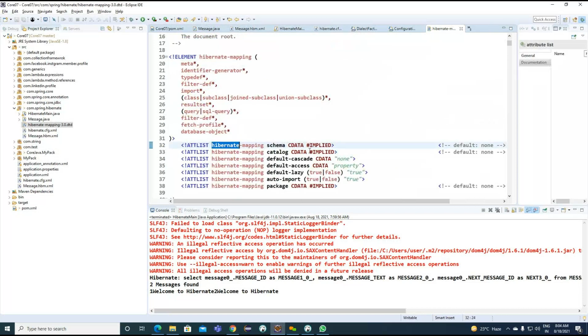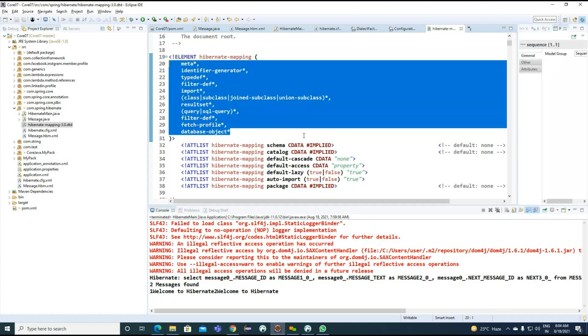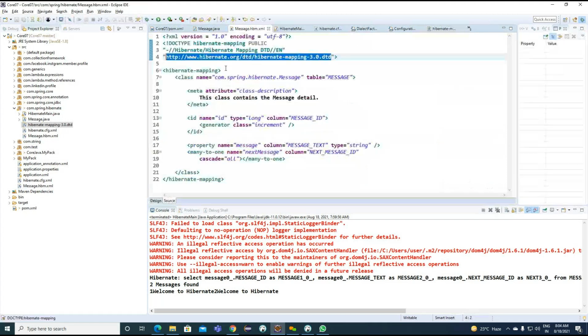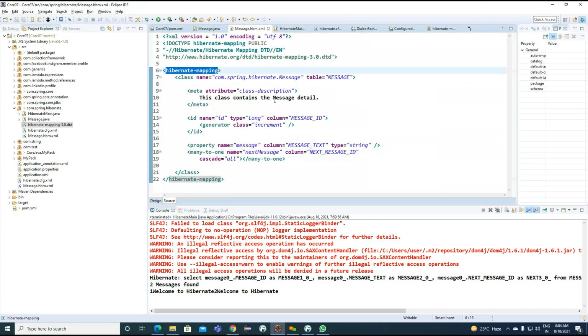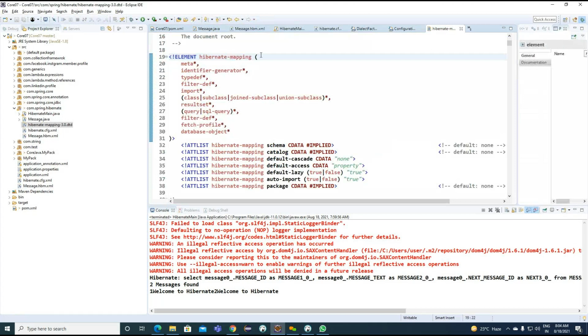Now you can see here we are having Hibernate here. So they are going to make an element here. The element we are having is hibernate-mapping. So inside this particular hibernate-mapping, these are some other information we are going to have. Now you can see inside the Hibernate mapping file, what is the tag we are having? hibernate-mapping. Which is coming from where? Which is coming from this particular element tag here. This is our element tag here. So to get the appropriate information, we need to define the DTD